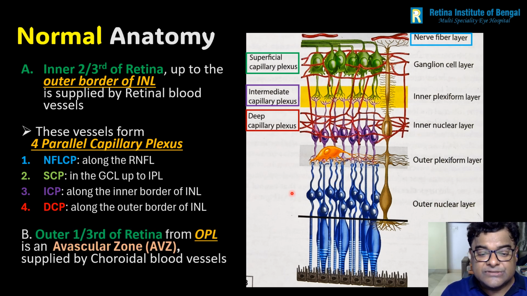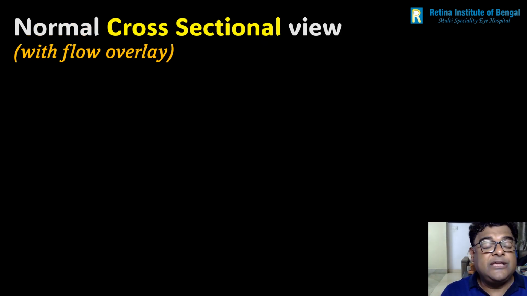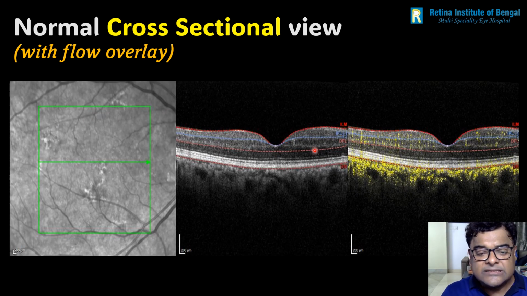And then comes, of course, the lower or outer one-third of the retina, which starts from the outer plexiform layer, and this is supplied by the choroidal blood vessels. So this is the avascular zone, or we also call it the avascular complex, AVC. If you look at the retina in a B scan, this is how the B scan looks. Now if we see the OCTA image, in OCTA you will get the structural OCT, the structural B scan,